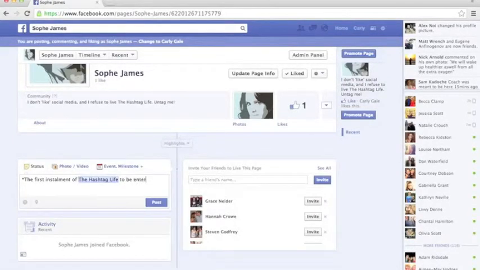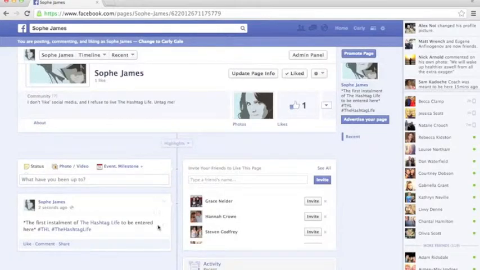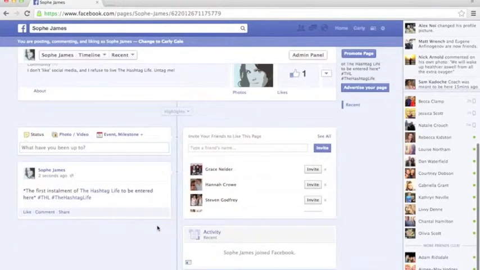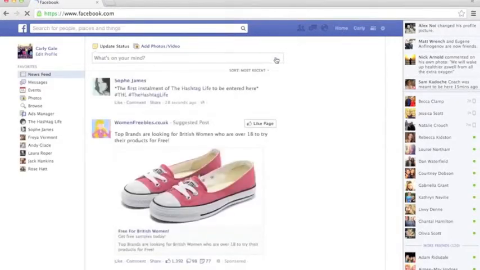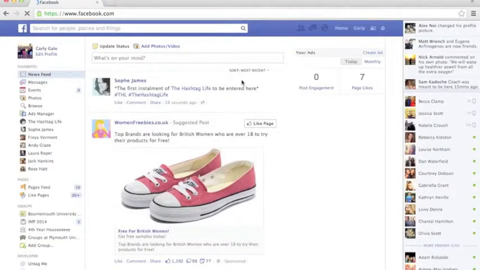Because this central like page has already been set up, we can demonstrate this tagging process here. It is important that the correct name is entered when tagging these statuses. Once the story content has been posted, it is viewable on the characters page. My personal account has already liked Soph's page, which is why we can see this test post appears in my